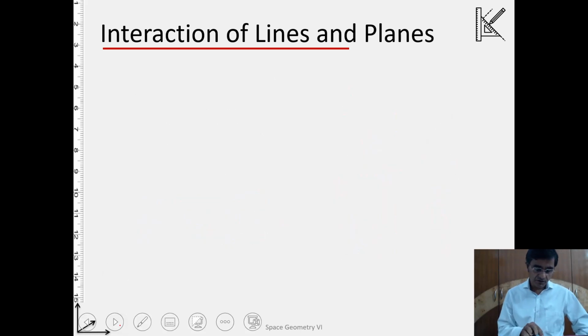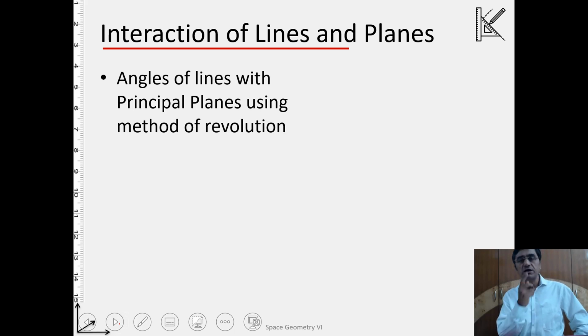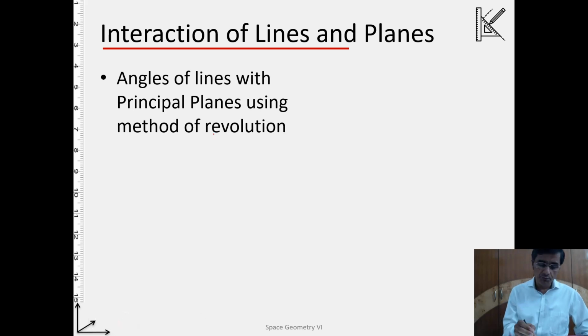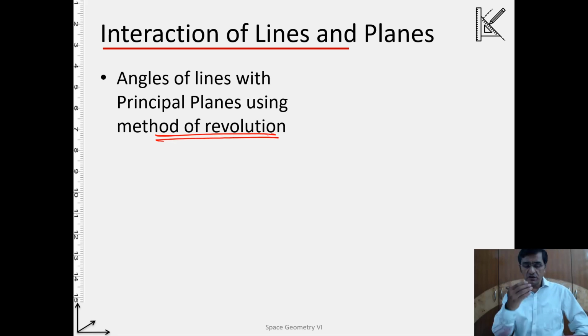If you go further now on this, we can do the same thing also by making use of the method of revolution. And you know, in the case of the method of revolution also, we were able to determine the true length of a line. So what we did in the previous case, we were determining the true length of a line, and then that true length and the edge view of the corresponding adjacent orthographic plane, the angle between those was the angle. Okay, so now we make use of the method of revolution.